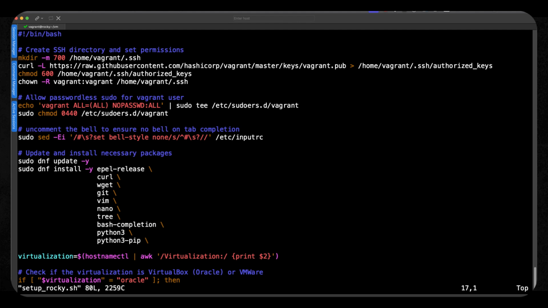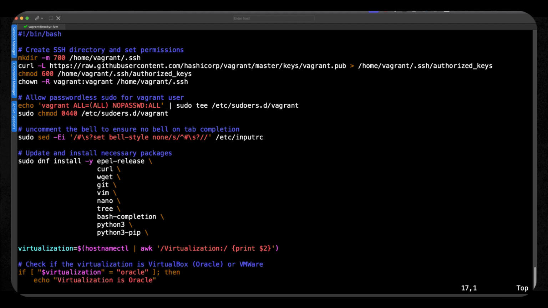Now we can see here that we're doing an update. We're updating all of the software, which I wouldn't normally want. But if we're talking about immutable infrastructure, we don't want to do an update. We want to keep at this release until everything is tested. So I'm just deleting the update. Then we're installing additional software, as you can see. Now this is software that I would generally use, but again, you might change this list to suit your needs.